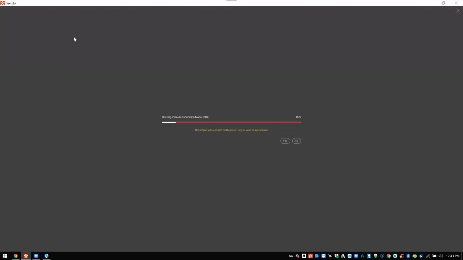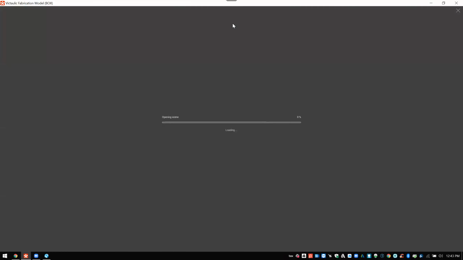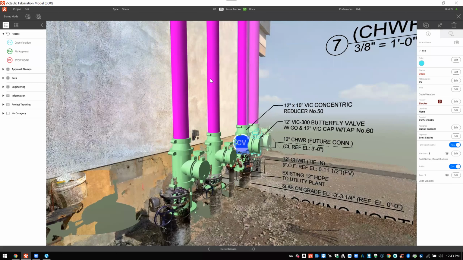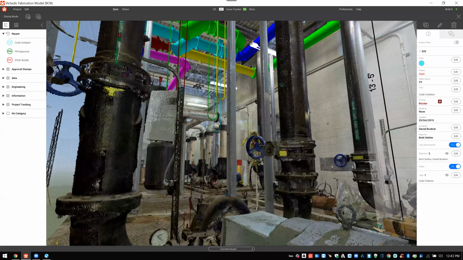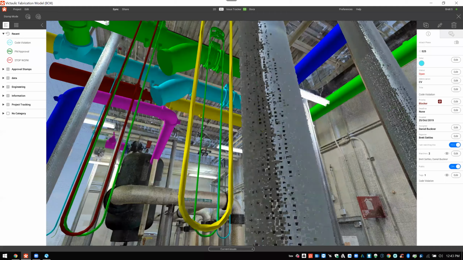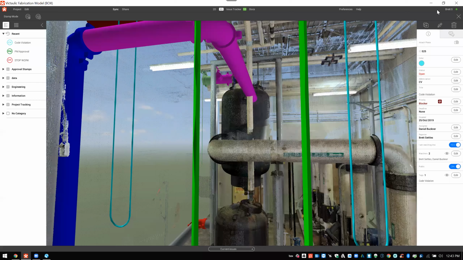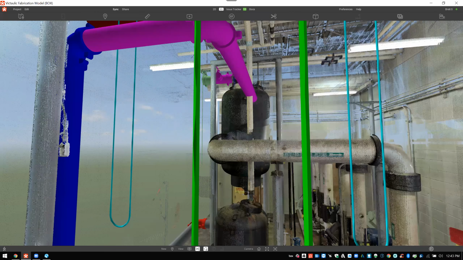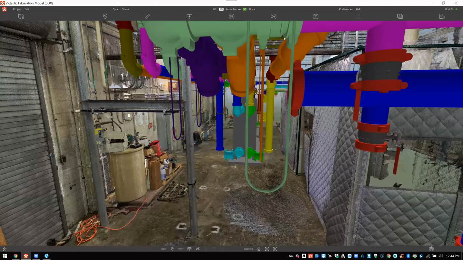So I'm going to give credit to Travis on this first example that I'm going to show here, and hopefully I'm opening up the right file. So for example, this is a project that is very, very focused on a fabricator's workflow. As you can see, all of the spool information has been put into Revizto via 3D. So we are actually mapping our spools out and delivering that to the field for communication from the field back